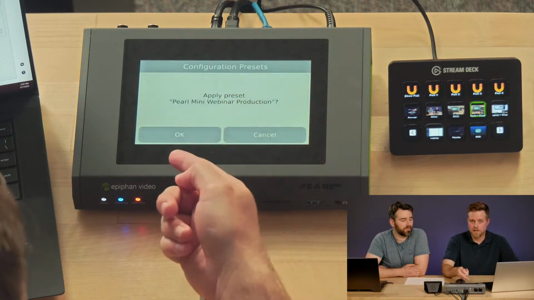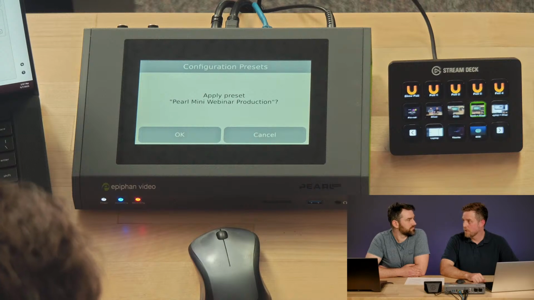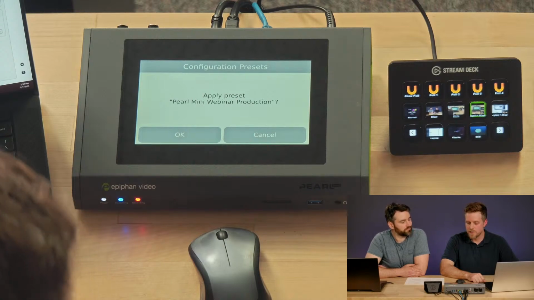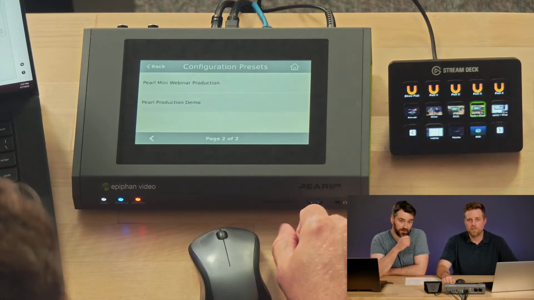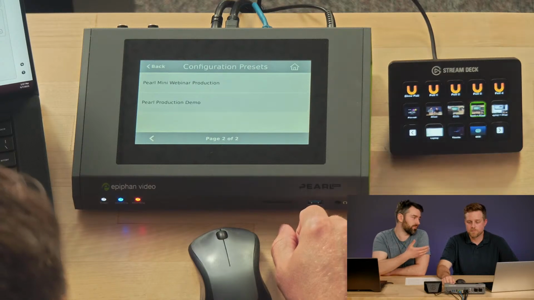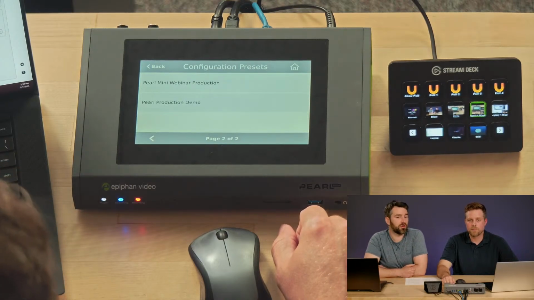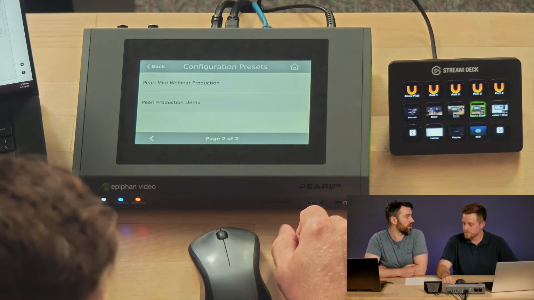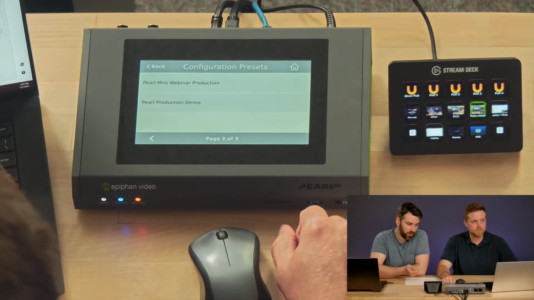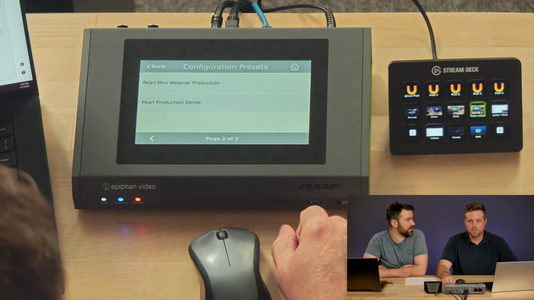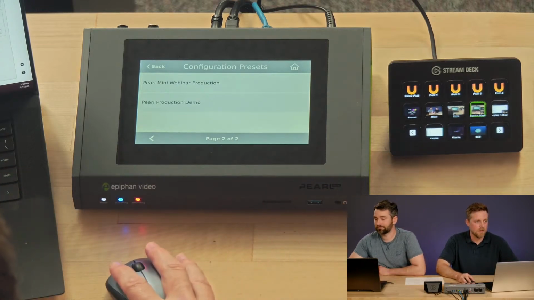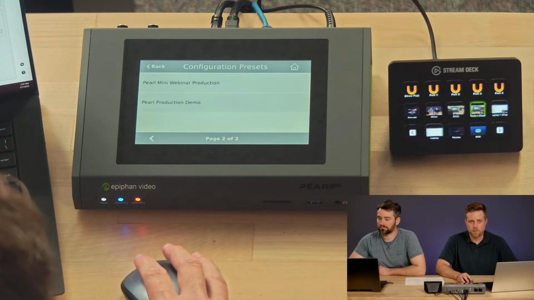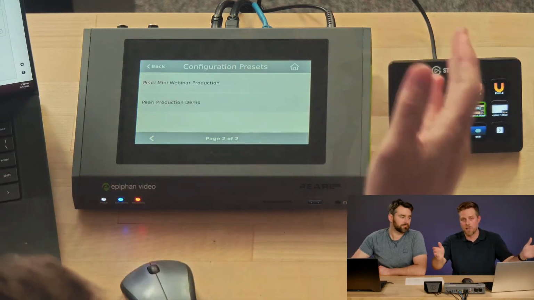So if I apply this preset, it will load up all those channel settings that we created and those layouts. And for our live events folks out there, you can do this via USB as well. You could have a bunch of presets on a USB stick and plug it in the front. The USB stick has to be named a certain way, but you can give it to tech out in the field and say, apply this config for this show. They go out, they plug it in, they press the button on the screen, and the device is automatically configured to what it needs to be. They don't need to go into the web user interface at all, which is really nice. Very cool. All right, so that's presets. Just a quick way to recall those settings on your devices and apply them across your fleet of devices.